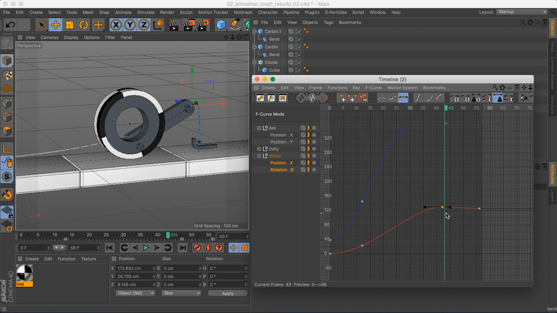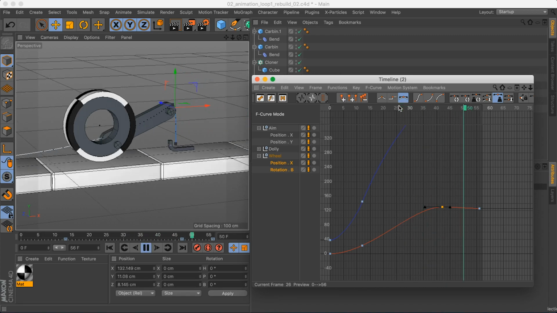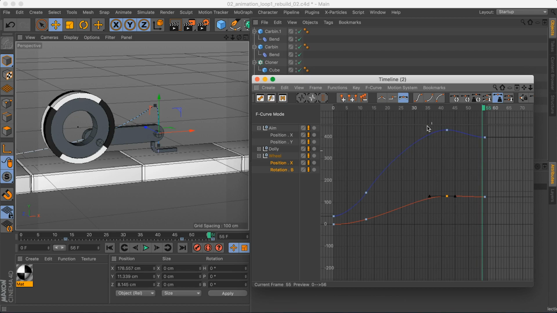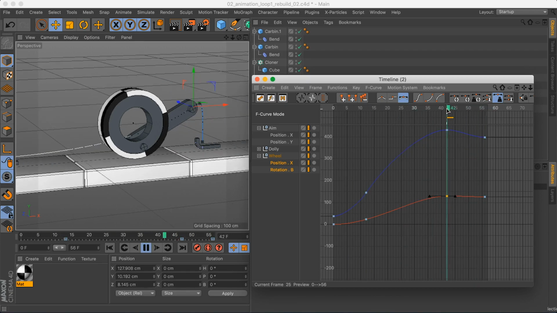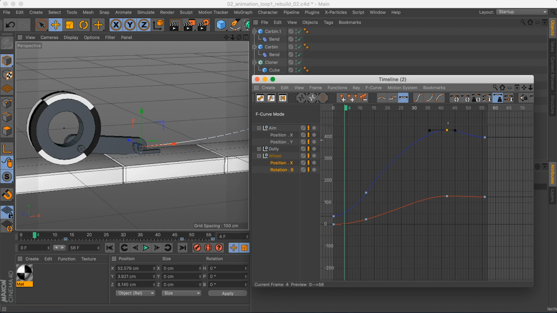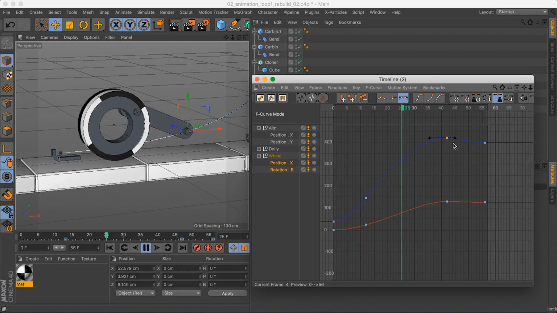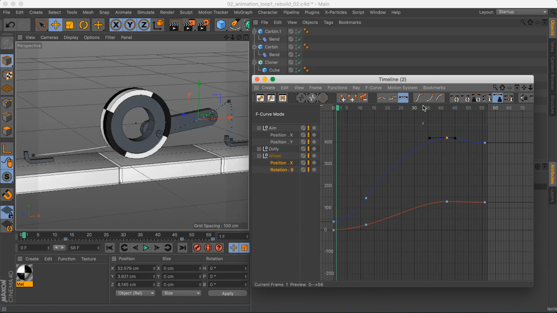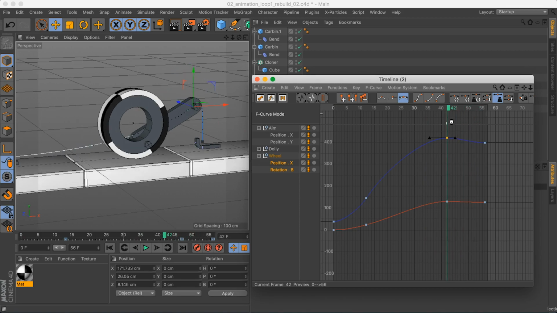On the X, on this keyframe, we can go up to 130. I think this was a little bit too much. 420. And we still, or I want more easing on this